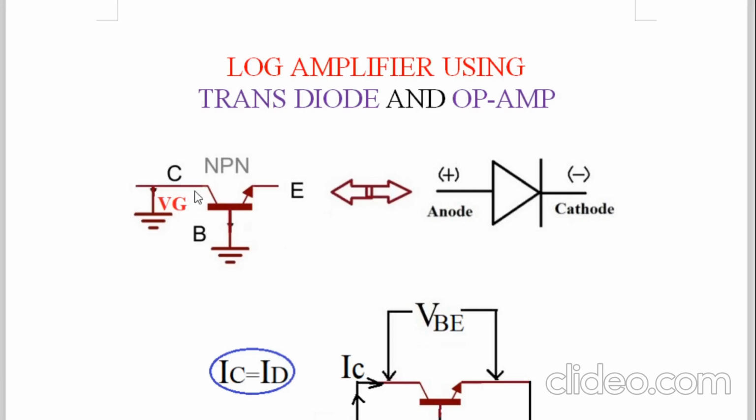And all mathematical operations and derivation are 90% the same as for the log amplifier using a PN junction diode. Only in the case of the PN junction, a transistor comes there. Now all of you know that in the log amplifier using a PN junction diode, the log element is a diode and that is in the feedback path.